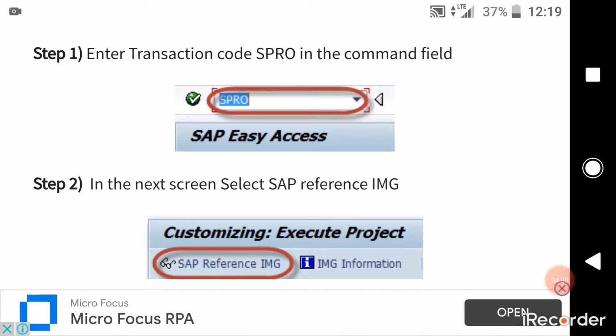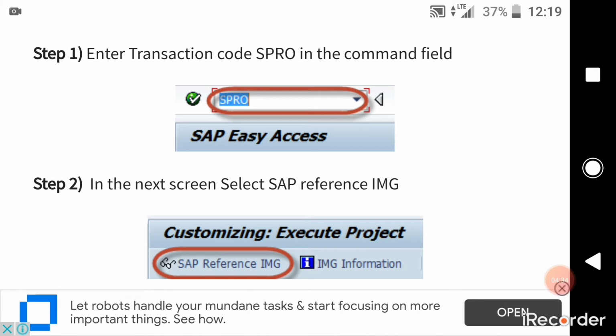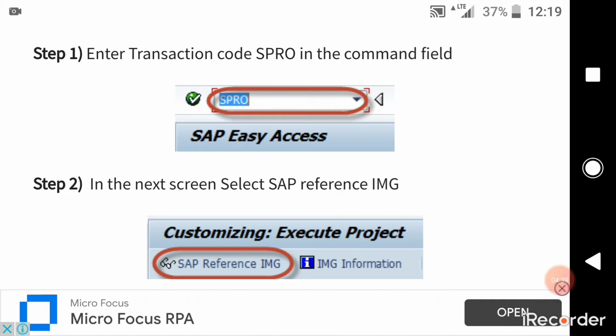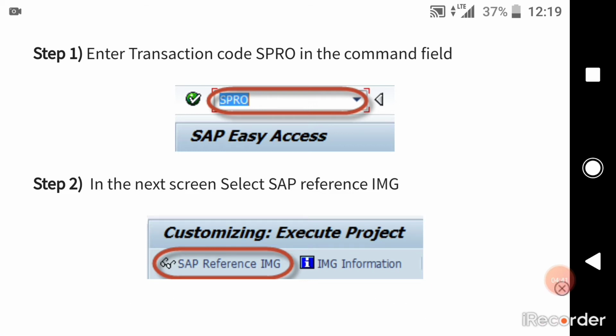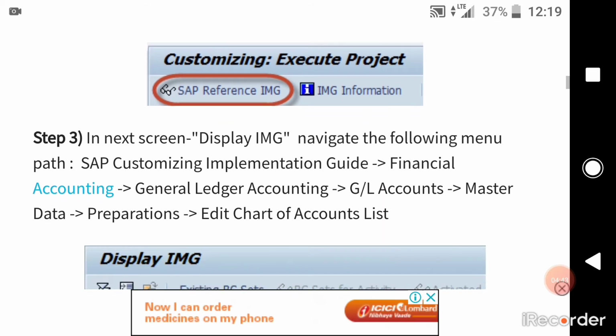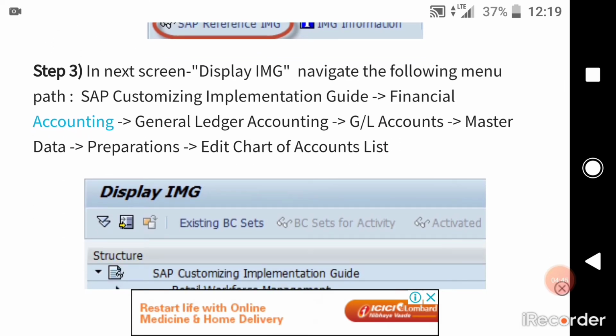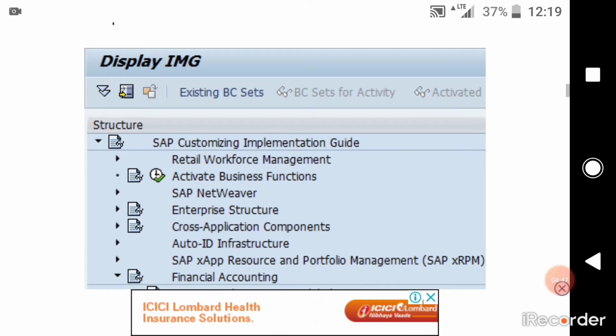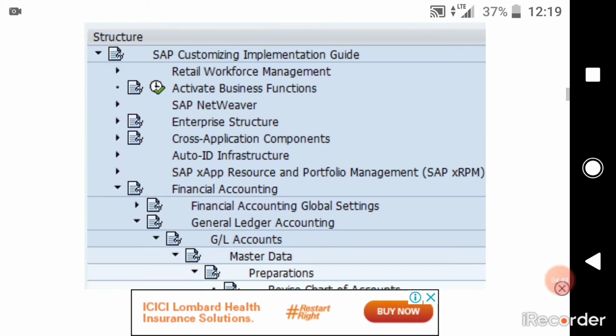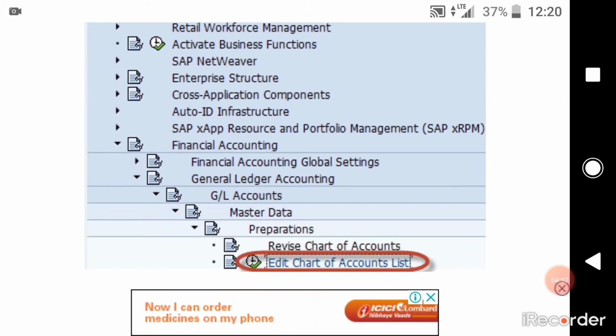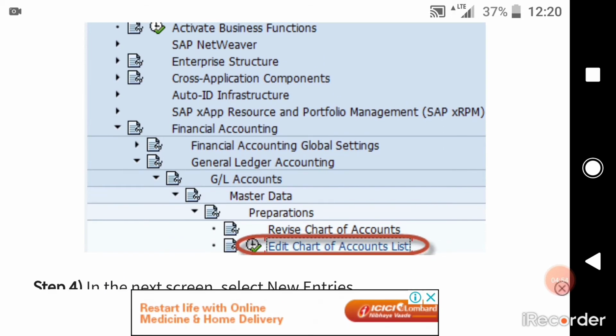What is SPRO? It is the customizing executive project screen. In this screen you click SAP Reference IMG, basically a specs or goggles sign. Then it will show you the navigation. Under that navigation, the same navigation where we created the company code, you have to select edit chart of accounts.